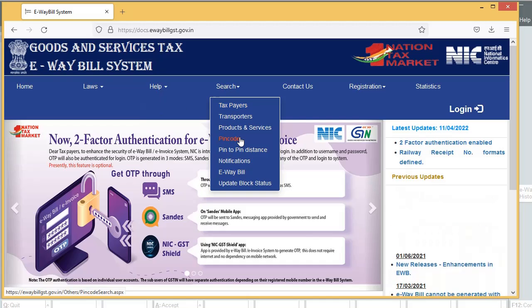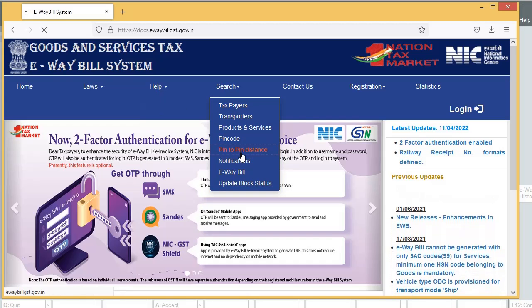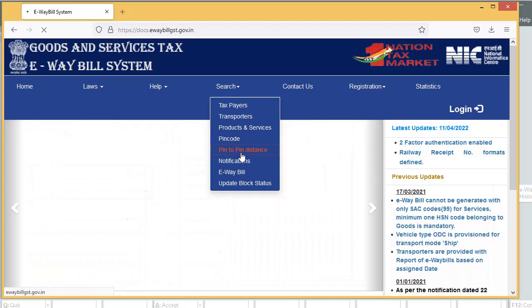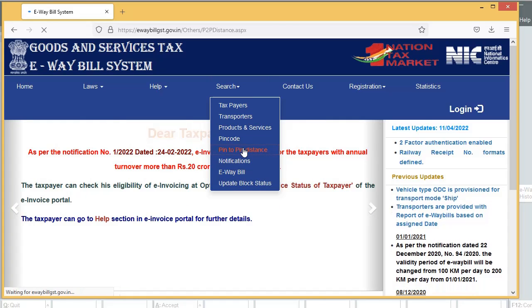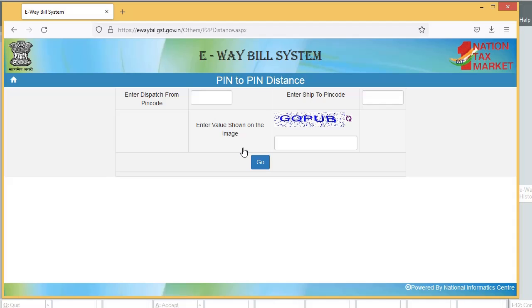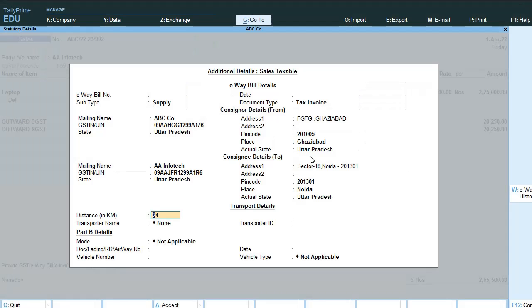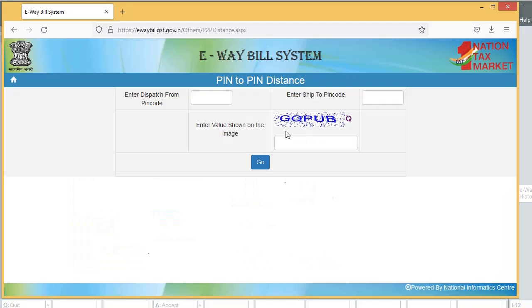Go on search tab, pin to pin distance. Enter dispatch from pin code, means from where you are sending the material, 201005.